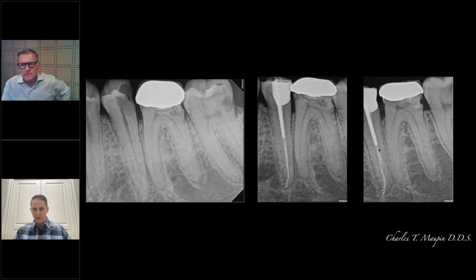This was a 1 to 2 to 1, and we see I did not get a file in here. This was on the special needs patient. So he did really good, but there's challenges on those. We all know, doing what we do, treating this case regularly is tough. But I just spent a lot of time with the laser in there, and we were able to get in that loop, that lingual canal.